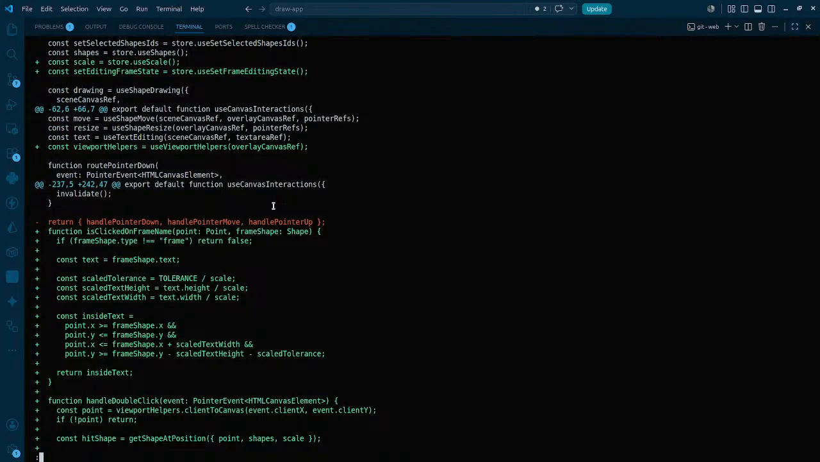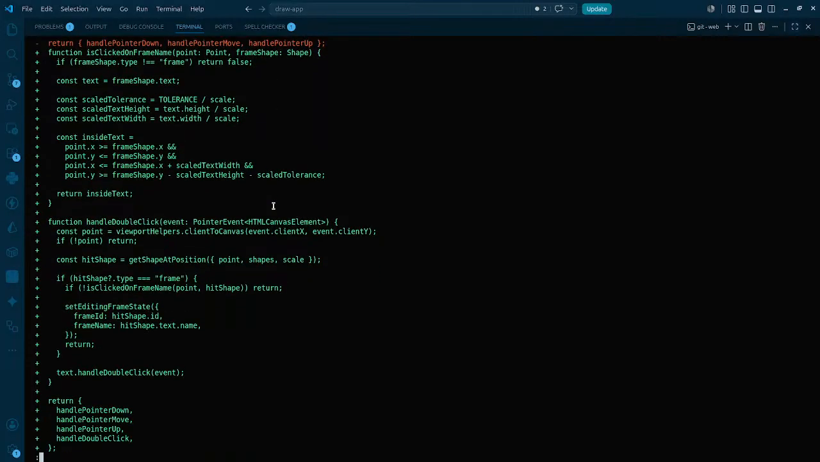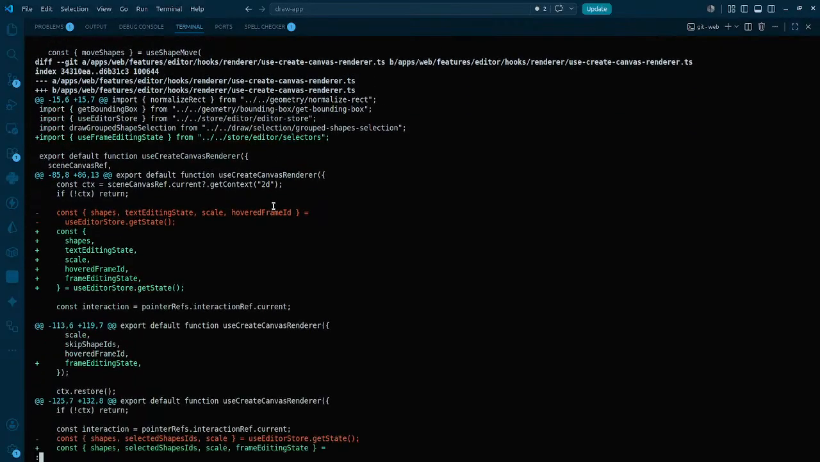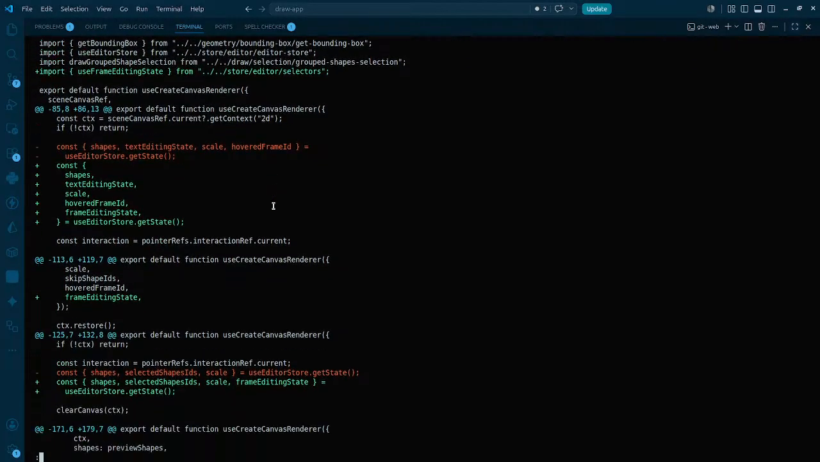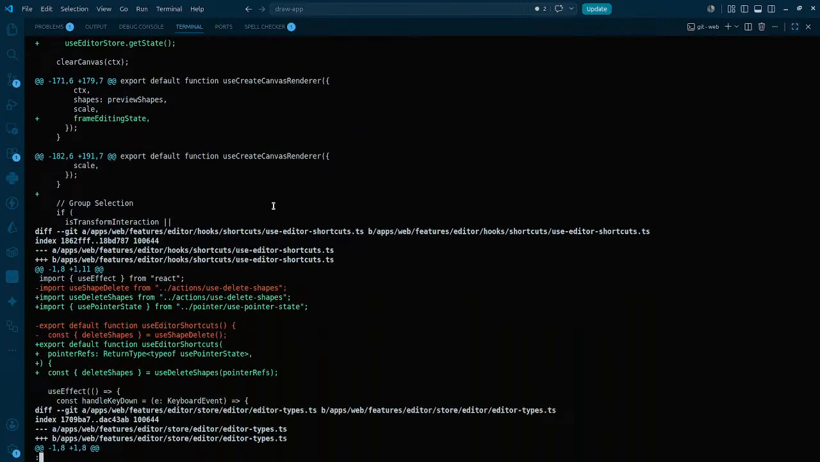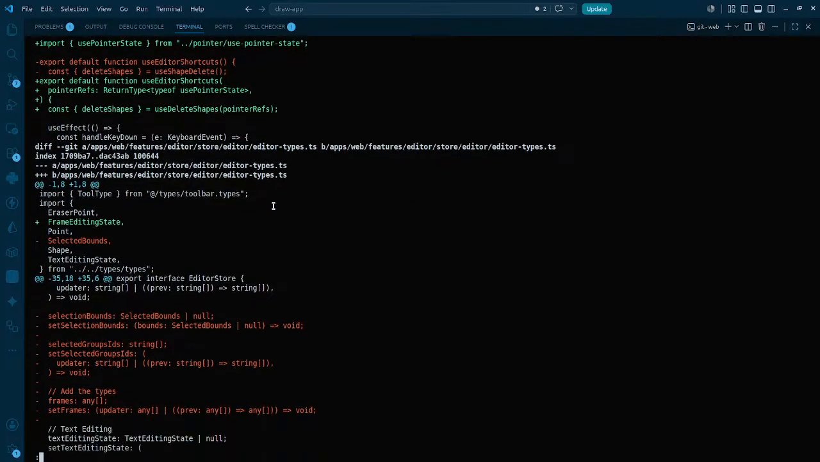So return handle pointer down, we are returning one more thing this time. Then set shapes, use restore, use editor, shapes, scale, get state, use this default delete shapes. Then we have